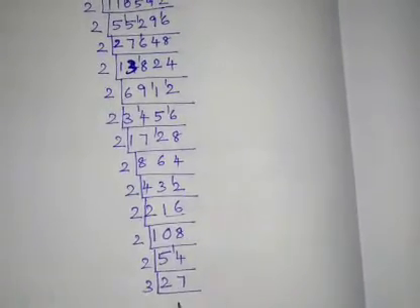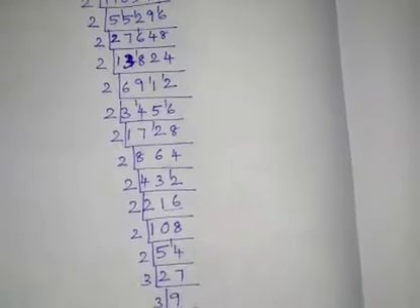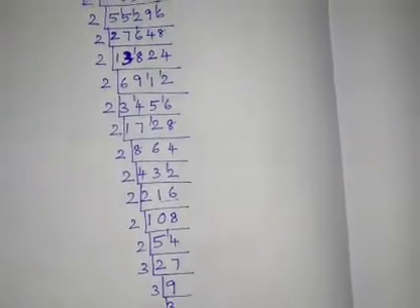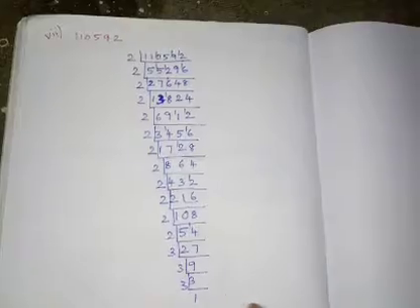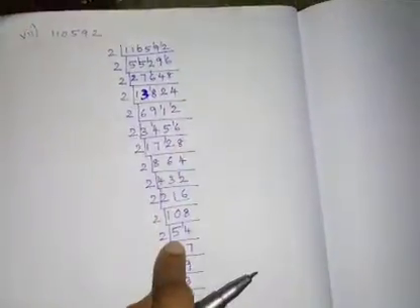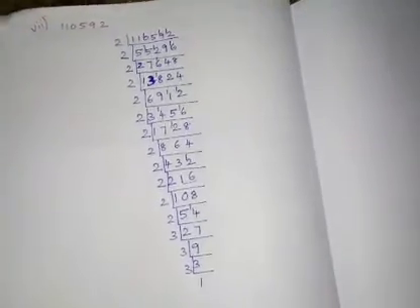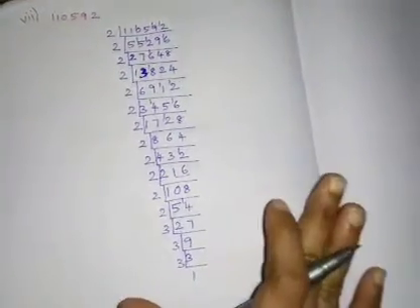Then in 3 table, 3 9s are 27, then 3 3s are 9, 3 1s are 3. See, very big prime factorization. So whenever you are doing this type of prime factorization, concentrate more, because if a small mistake is done in any one of the places, then entirely it is wrong. So that's why when you're doing this problem, you should be very careful.